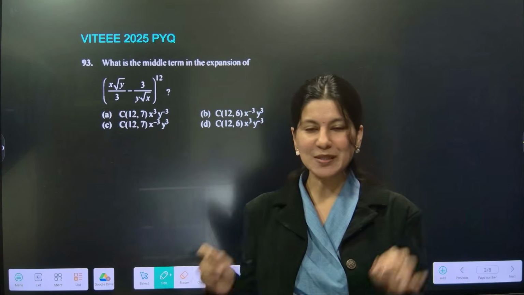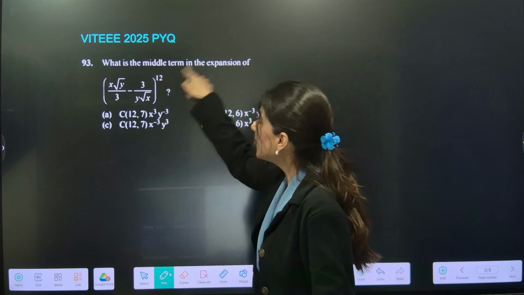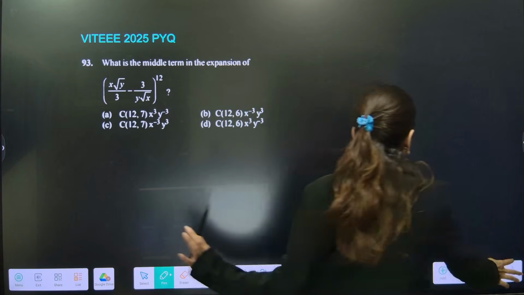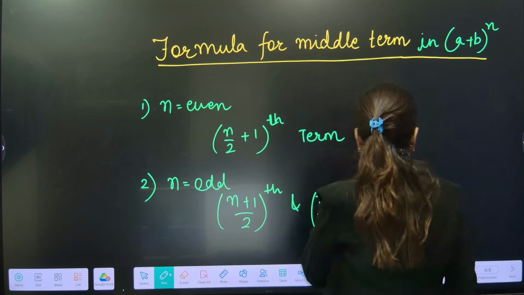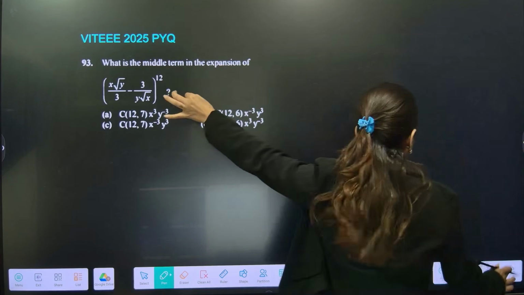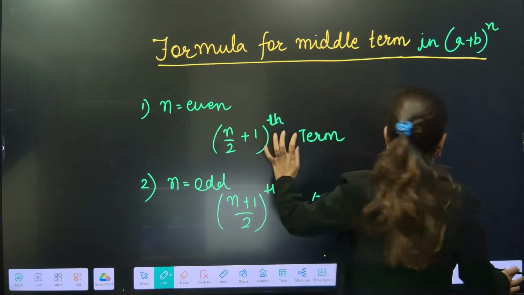The question right here is the most repeatable question from binomial theorem asked in the VIT examination. It is asking about the middle term in the expansion of the binomial theorem. We have a direct formula for that. If your n is even, you have to use this formula. If your n is odd, you have to use this formula. In our case, n is 12, which is an even number. And if you use this formula, 12 by 2 plus 1, that is the 7th term is going to